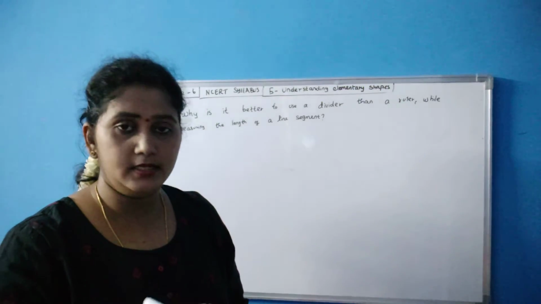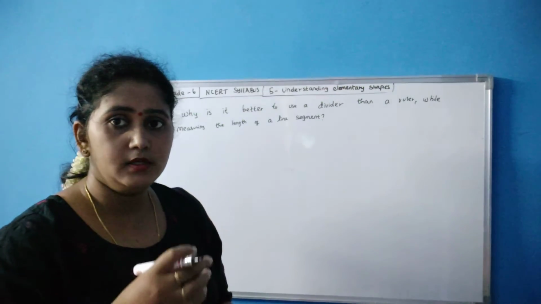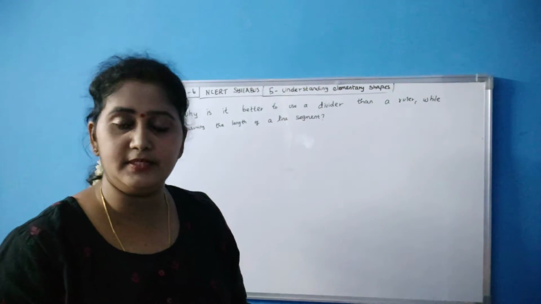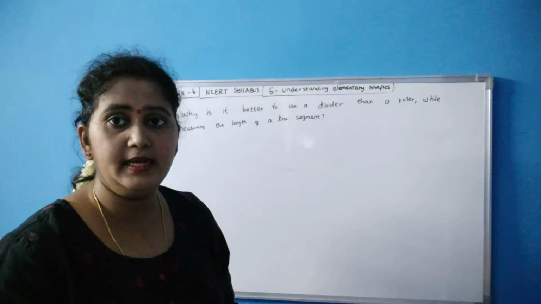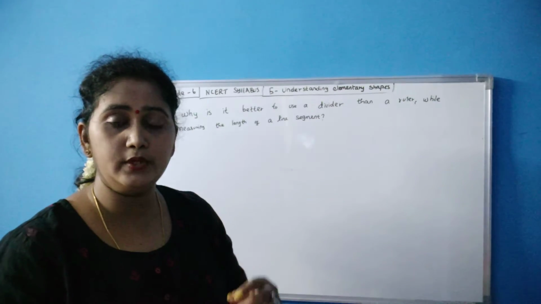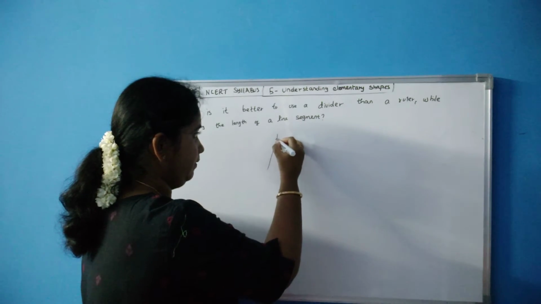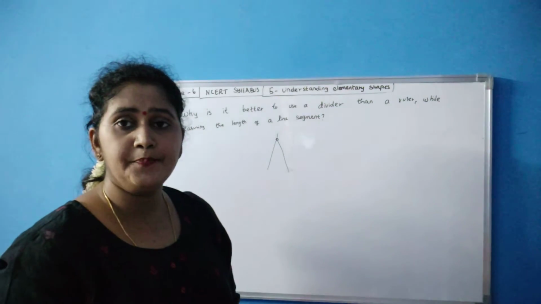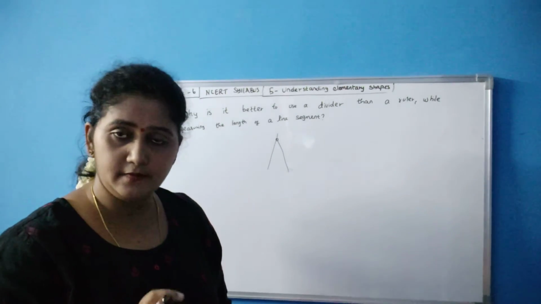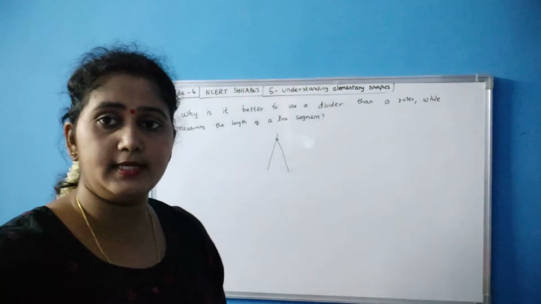The ruler will be very thick in length, which makes it difficult to measure the length. But a divider will give you an exact measurement. You know the divider, right? It will be like this. Here some stand will be there. So with this we will measure the length of the line. So the divider always gives accurate measurement and it is better than a ruler. Did you understand? We will move on to the next sum.